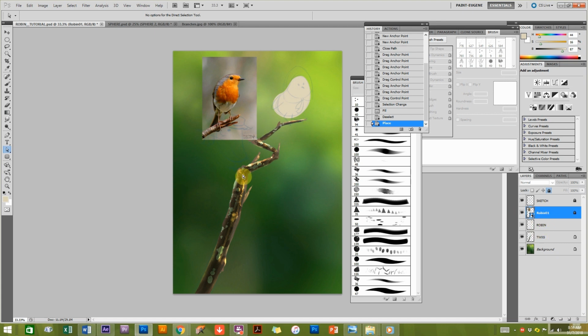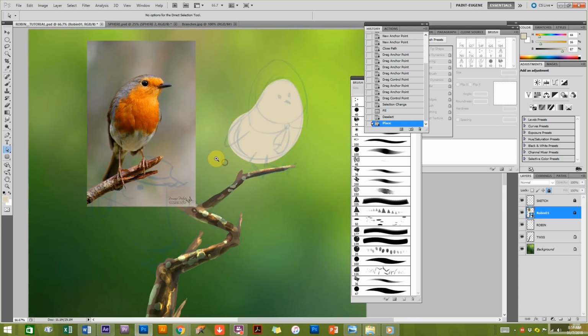So make sure that your layers are properly segmented. Be as organized as possible, don't make excuses. Okay, now